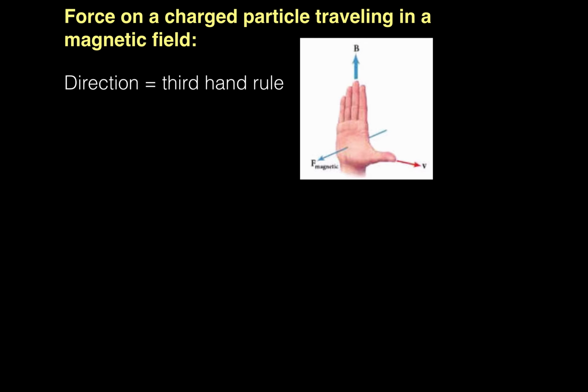So far, we know how to get the direction of the force on a charged particle traveling in a magnetic field. The direction is given by the third hand rule, where you point your thumb in the direction of the particle's velocity, your fingers in the direction of the magnetic field, and the magnetic force comes out of the palm of your hand. The magnitude of this force is given by the formula Fm equals BQV,